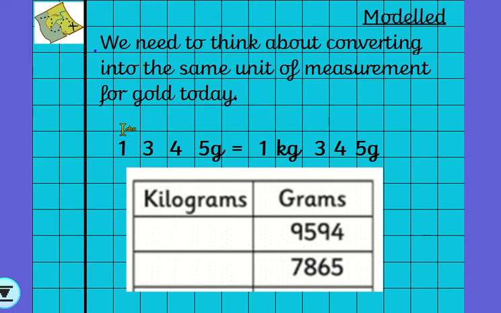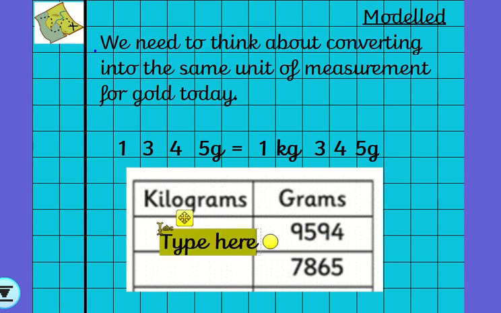Okay, if you are now moving on to gold, well done, number 1. But number 2, remember we need to think about converting. For example, if you have got an amount that says that, it can also be known as that, can't it? Because we can look at the 1,000 column and talk about it as a kilogram, okay? So on this one here,